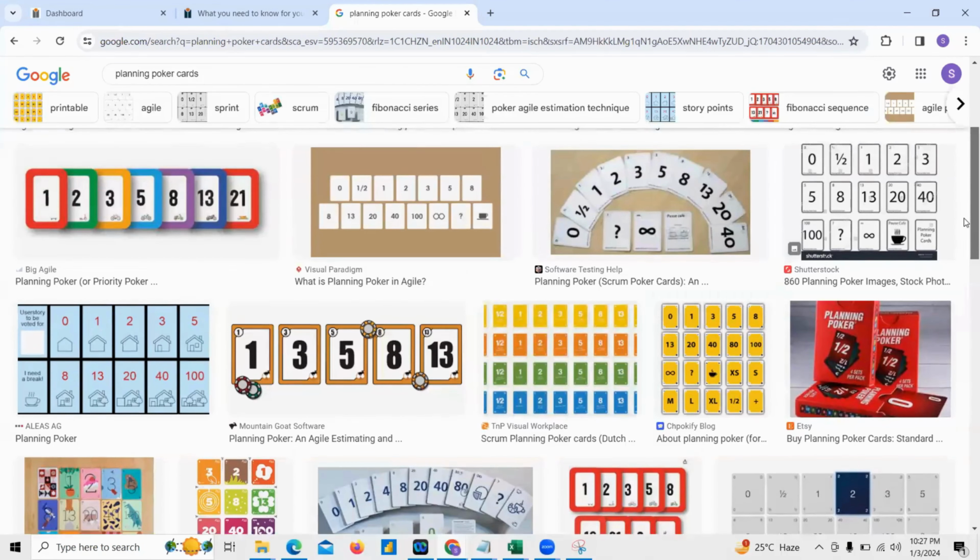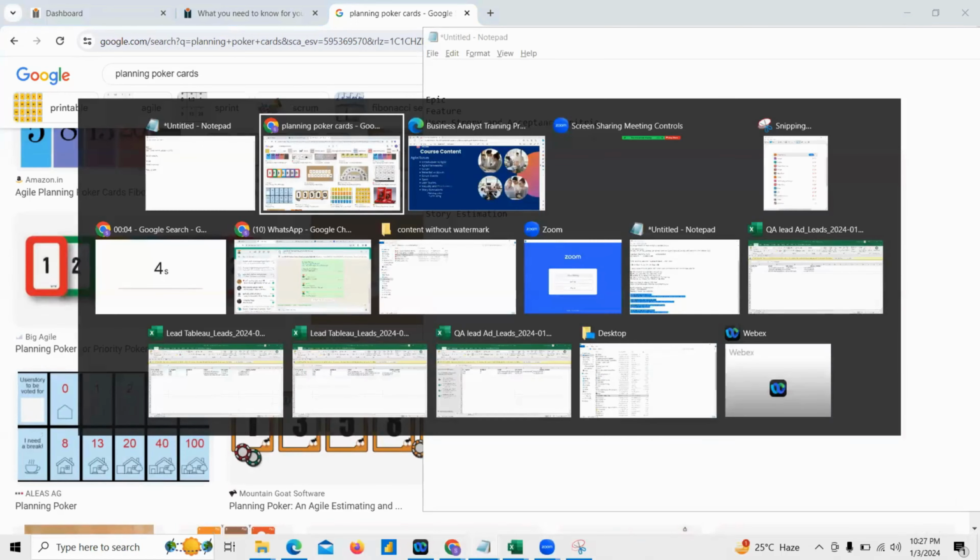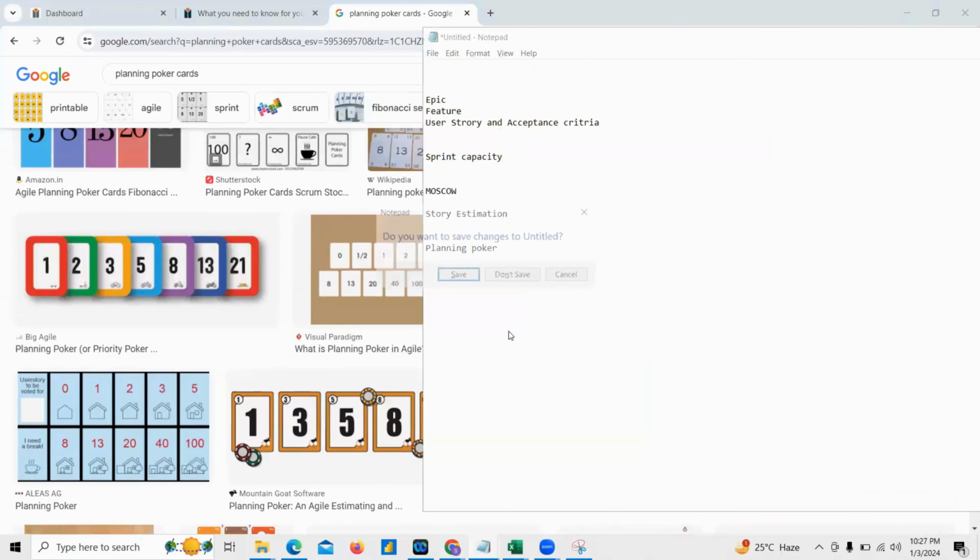If you see the series of numbers here, 0, half, basically the series of numbers would be like this: 0, 1, 0 plus 1, 1, 1 plus 1, 2, 3, 5, 8, 13, 21.